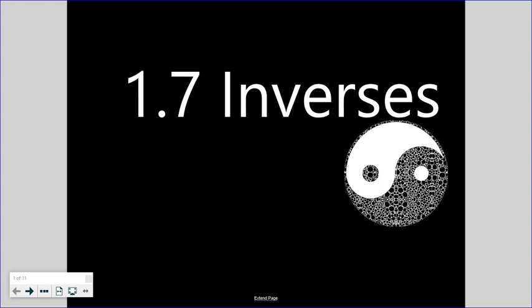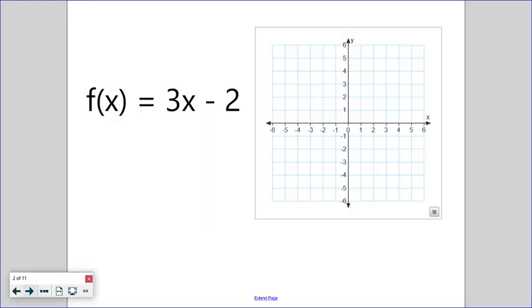Okay, over the next 2 days, we are going to talk about the topic of inverse functions. If you think about just the word inverse outside of the world of math, inverse means undoing something or opposites of each other. And that's what inverse functions are, they are opposites of each other. If you were to think about a graph, opposites of each other maybe being like the x's and the y's, right? And that's where we focus a lot of our time when we're looking at inverses, is flip-flopping our